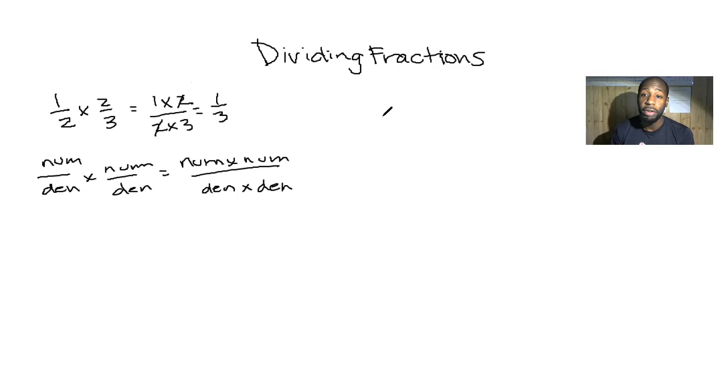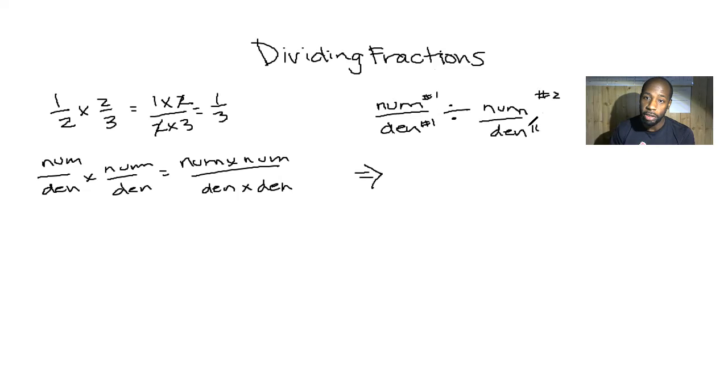So if you have a fraction divided by a fraction, so say you have a numerator and a denominator divided by another numerator and denominator, what you do is you actually change this to a multiplication problem. So basically, when you divide fraction number 1 by fraction number 2, it's the same as,